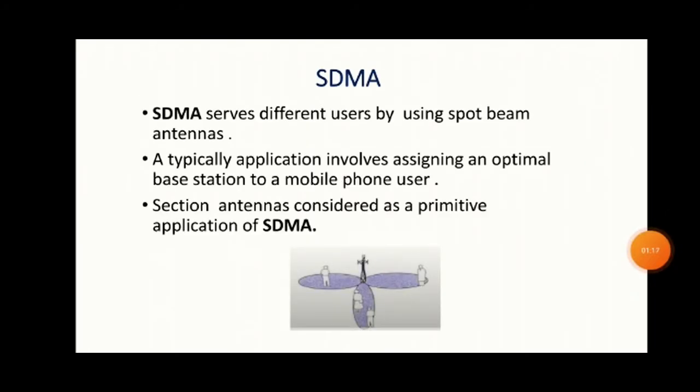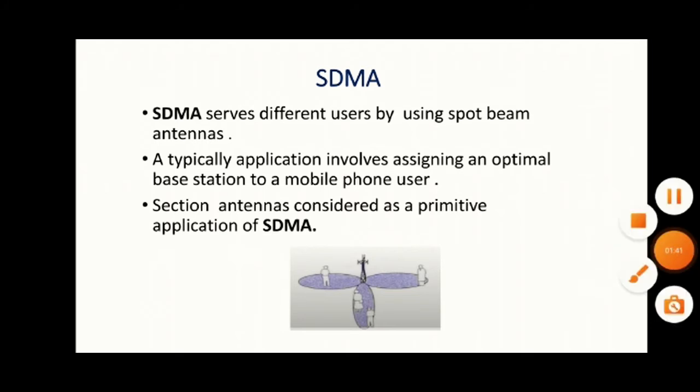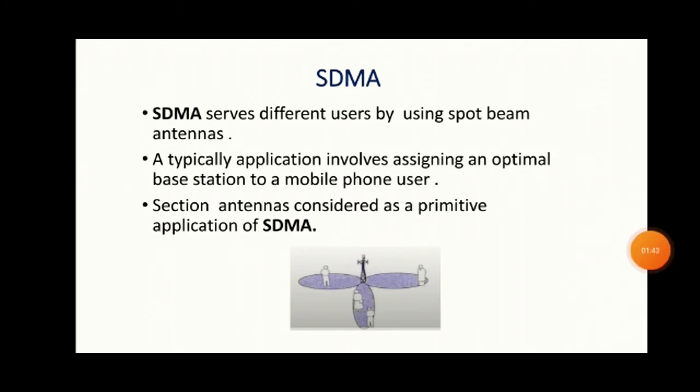So this particular figure shows an example of a spectrum and antenna, considered a primitive application of SDMA. So obviously we assign specific spectral antennas to individual users, and they communicate with the help of the base station. Although they are expecting the same time and the same frequency bands, since they are distance apart, their signals will not overlap each other. That is how we are limiting the interference.